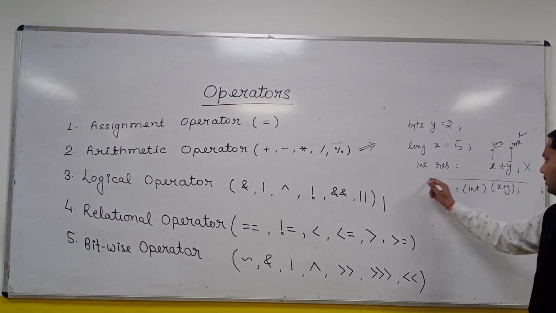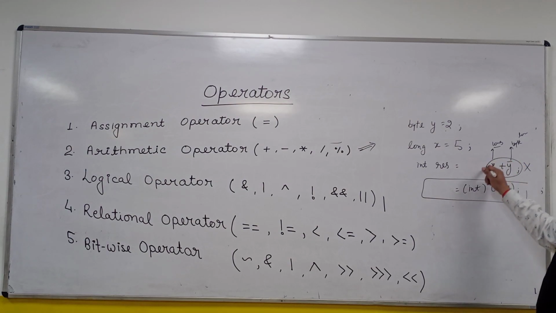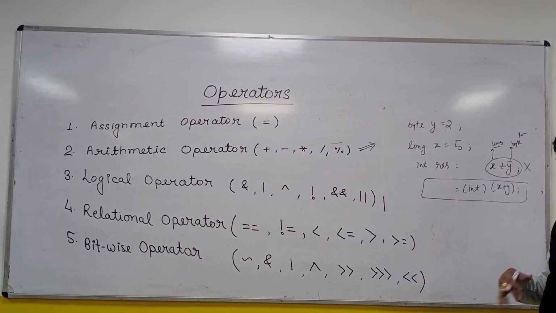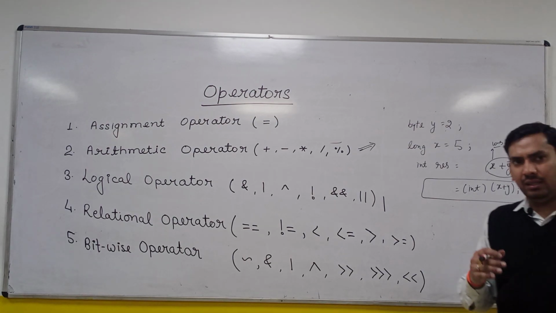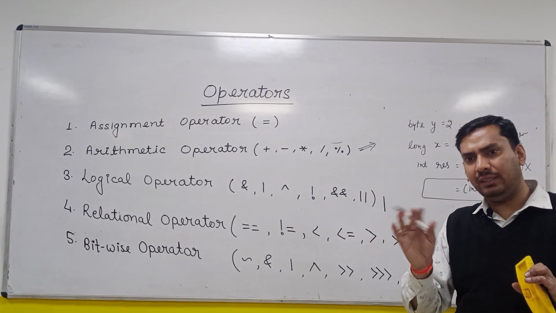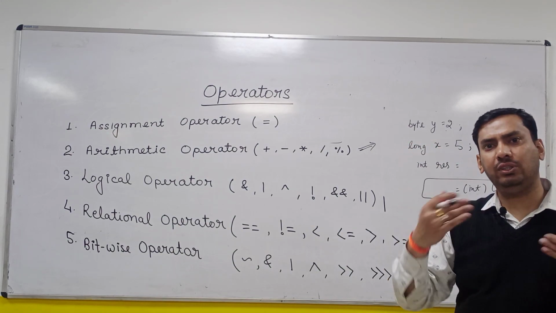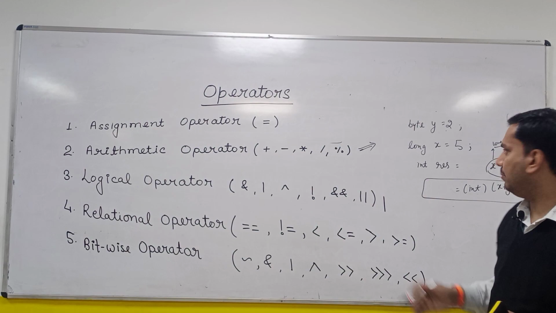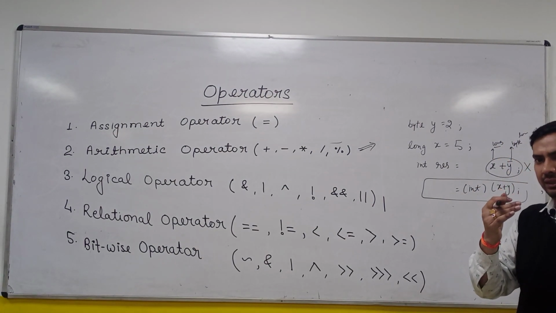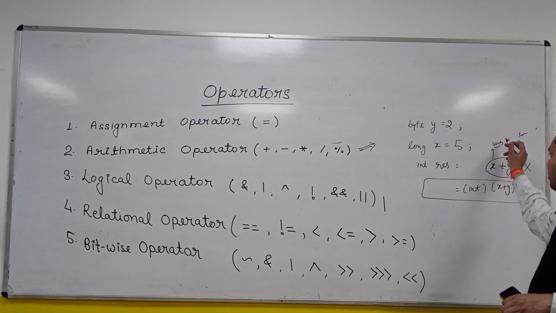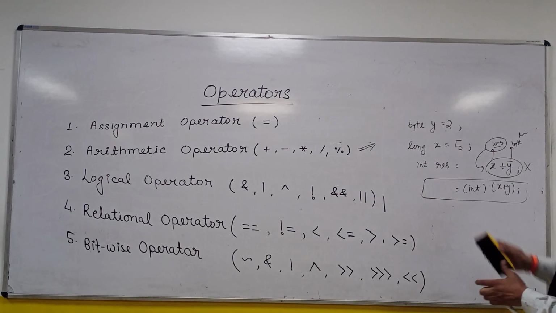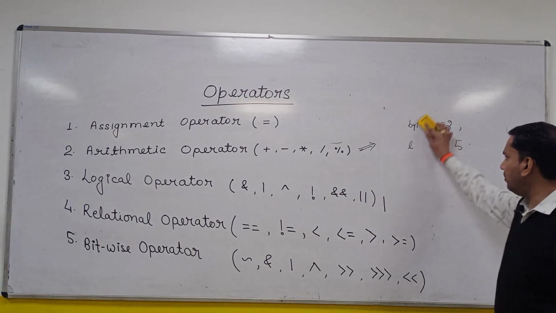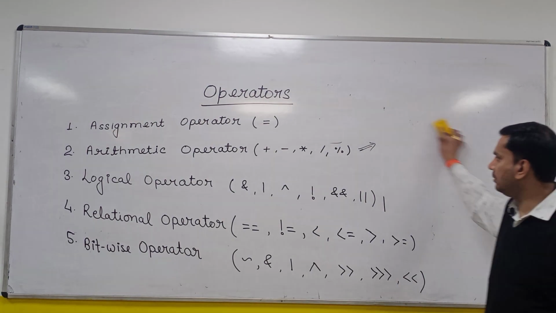The result is of long type. Why? Because one operand is of long type and the second operand is of byte type. So both will come to the highest level of the operands. First it will convert into int, but if any operand is of a higher type than int, both operands will be of that higher type. In the previous example they were converted to int, but in this example they are converted to long because the highest type here is long. Fine. So this is the important concept regarding these operators when you are working with numeric types.